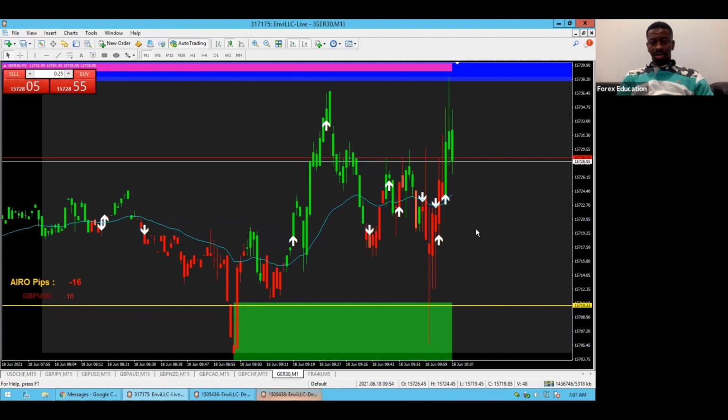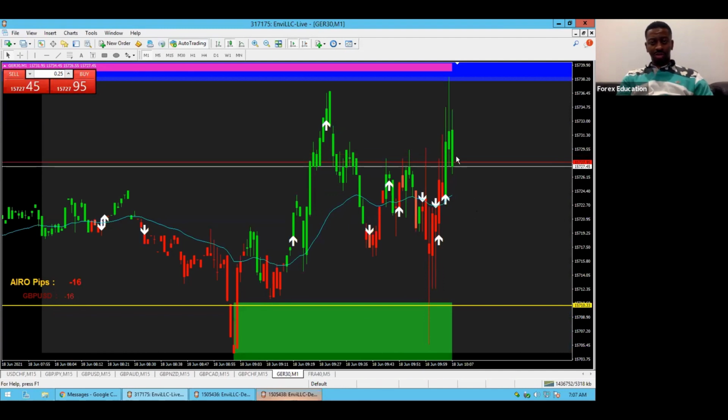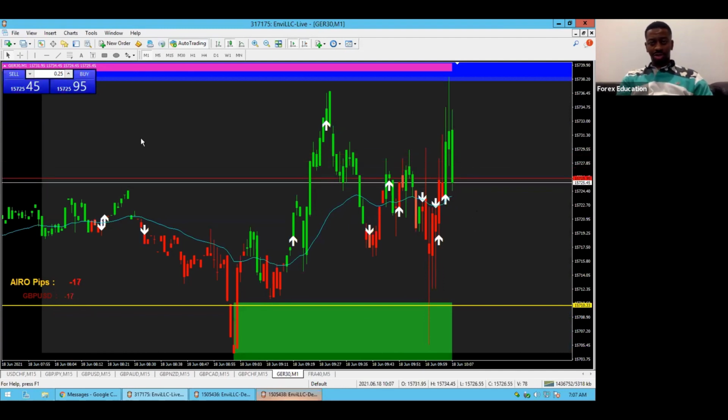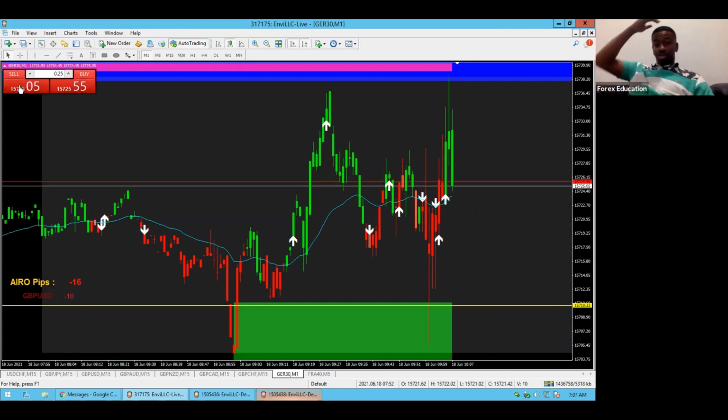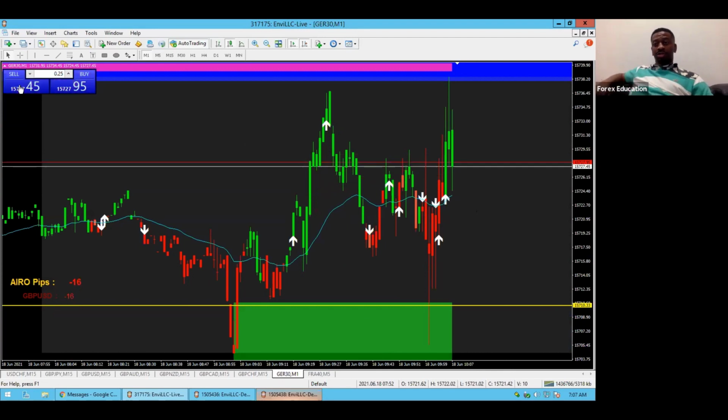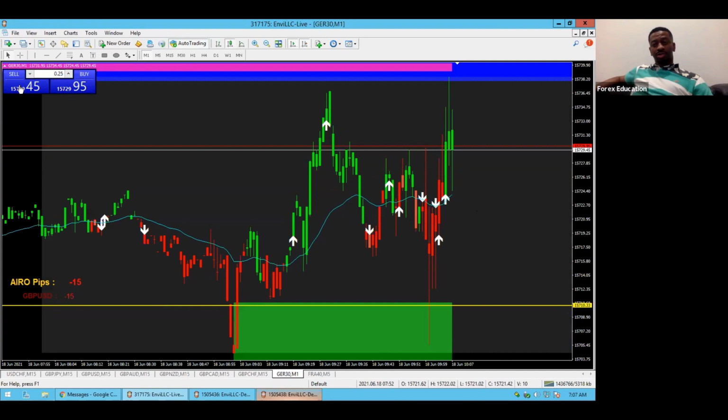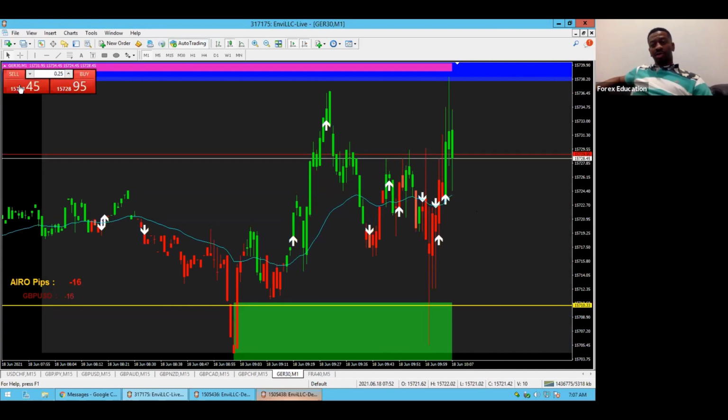All right, I can tell you guys, I'll be entering into a sale once this candle closes as a bearish engulfing. If you're going in with it, make sure to use proper risk management. If it doesn't close, I'm not entering in. So right now, it's a no-go. It needs to be a bearish engulfing.